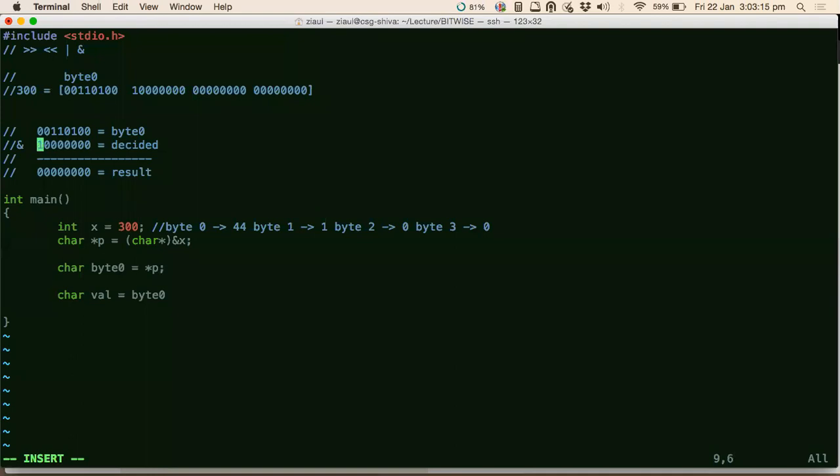Okay, sir, I get what you're doing here. Now tell me, if I want to know the value of the bit of byte 0 at the 5th position, how should this decided value change? Like at the 5th position, you will enter 1. Tell me 1, 2, 3, 4, 5, right? Sorry, I should have said 4th position, because there is a 1 here. So now if I put this as the decided value, what do I get? Tell me what this value would be.